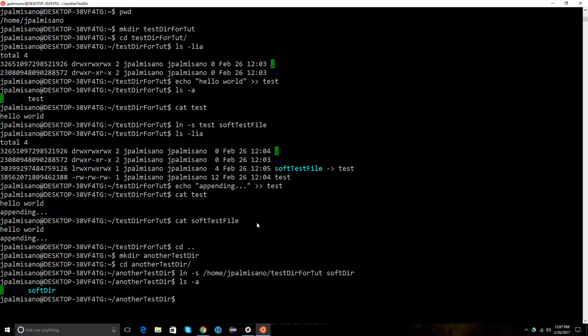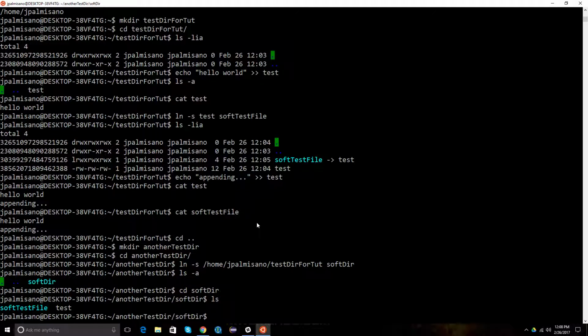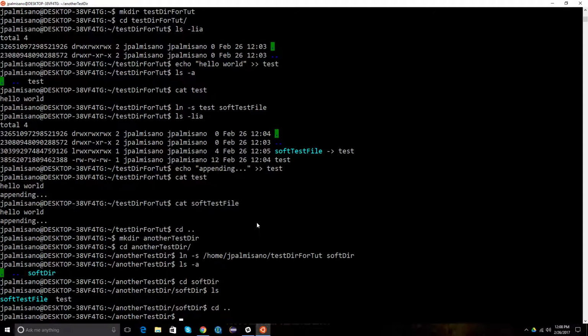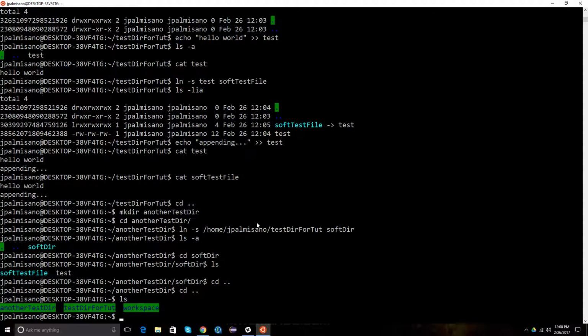If I do this, you can see I've created a new directory here called softdir, and that actually links to the hard directory. So I can actually cd into that, and then that has all the files that my previous one had. So now if I were to go back into this directory